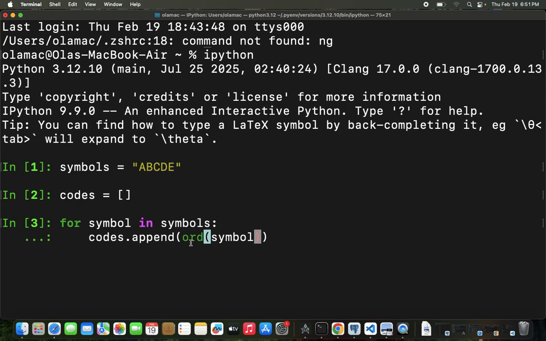So here, when we use the ord method and we pass our iterator variable, what we are saying is return an integer representation of this symbol's character. Okay, so we're going to populate this with the Unicode code point of this character. So if I hit enter,